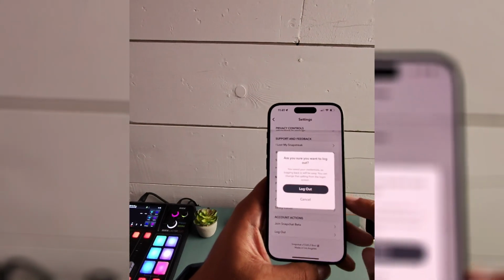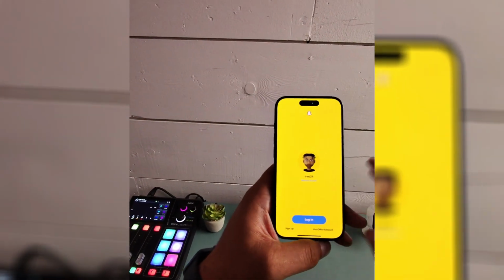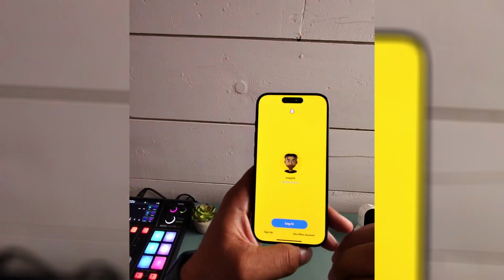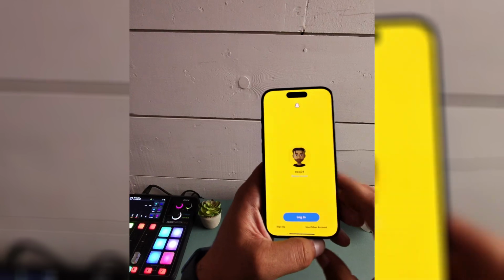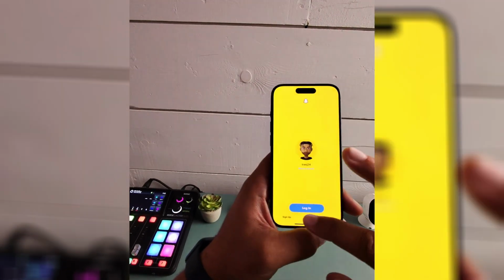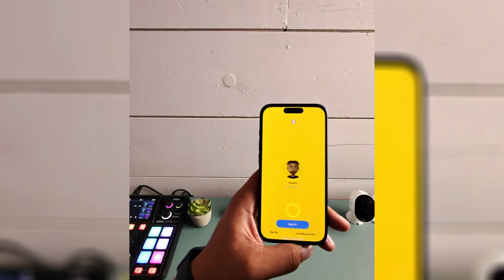You hit the logout button, and it's going to verify that you actually want to log out. You're going to hit log out, and that is it. So you have now logged out. You can push it even further and remove the account from the phone, or you can log in or use another account. So that is how you're going to log out